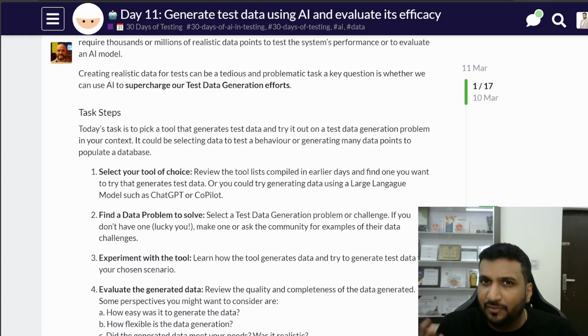So it doesn't matter if you are much into experiential or exploratory testing, or you are properly into the scripting game, if you want to do good testing, you need good test data. After doing the previous task, which was on trying to write prompts so that we could do good testing activities through AI prompts, today's task was more of an extension to that, and the steps